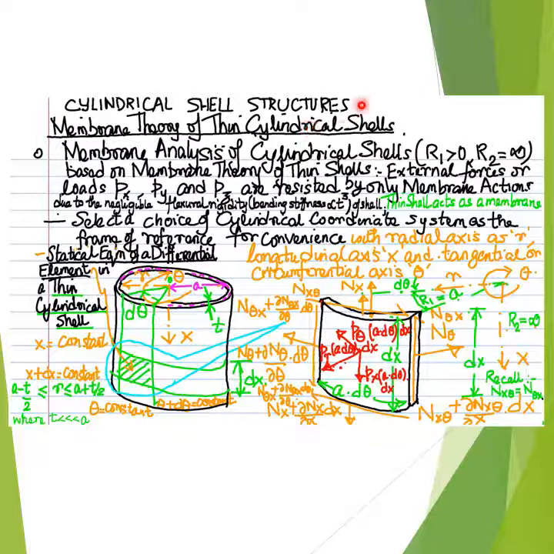To refresh your memory on the discussion till this point, recall that the general state of internal actions in a general shell element, that is a differential shell element with differential dimensions dx and dy, comprises of four unknown membrane actions or in-plane actions that are Nx and Ny, the two in-plane or membrane axial forces, and Nxy and Nyx that are the two in-plane or membrane shear forces,